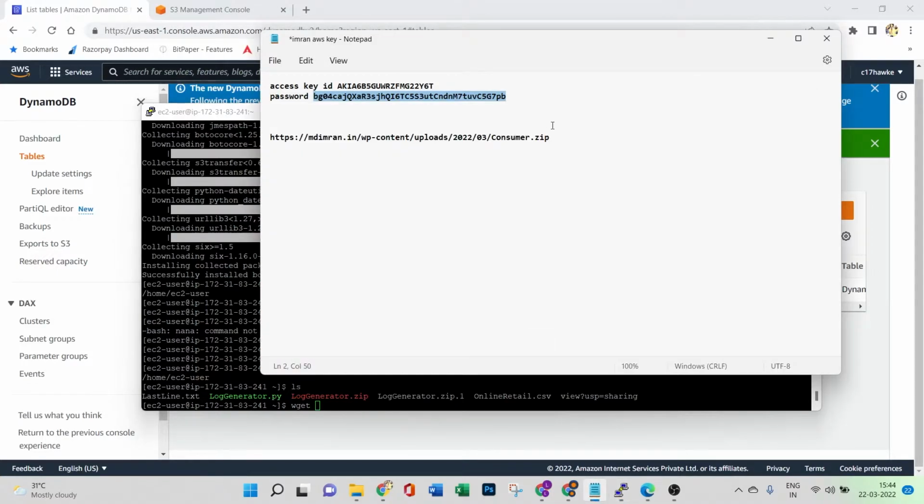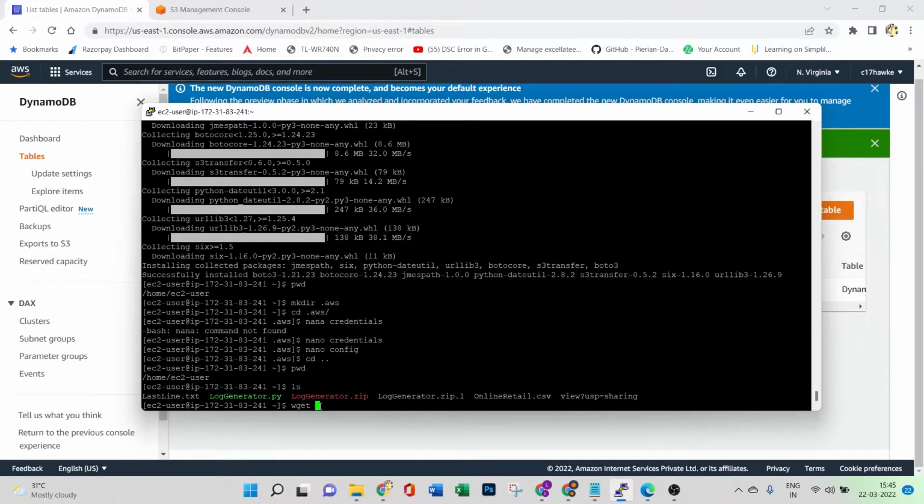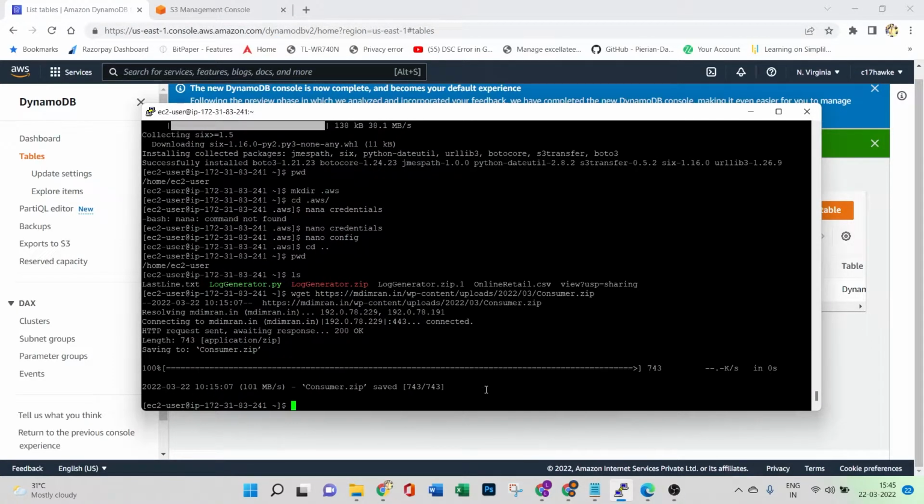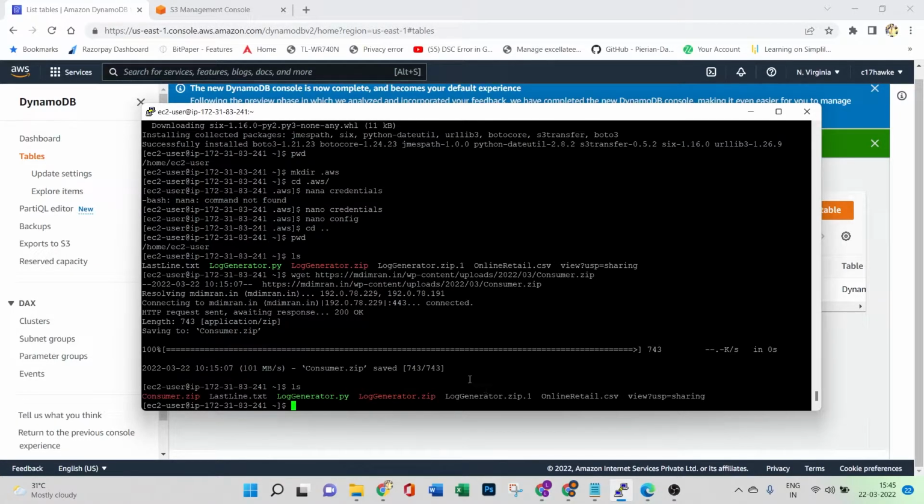I already have this link, which I'll be sharing with you, so you can directly copy and paste it over here. Let's try to get the zip file. If I just check the ls, we have this python customer.zip, right? So let's unzip that. So unzip